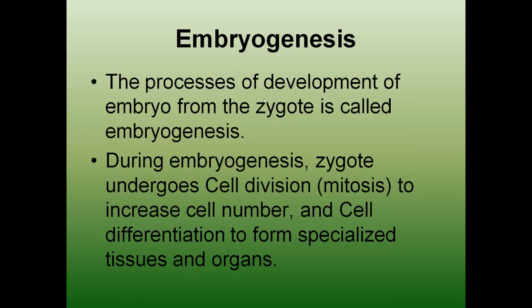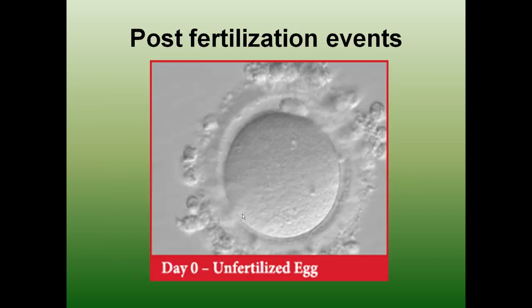Embryogenesis is a process of development of the embryo from the zygote. During embryogenesis, the zygote undergoes mitosis to produce a large number of cells. Why are a large number of cells being produced? Because these cells are going to be specialized in terms of tissues or organs, or the next hierarchy of the living system. Different cells perform different functions, and from this specialization, the various tissues and organs are going to be formed in later stages of embryogenesis.